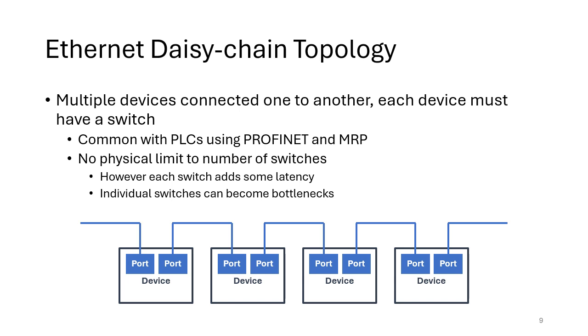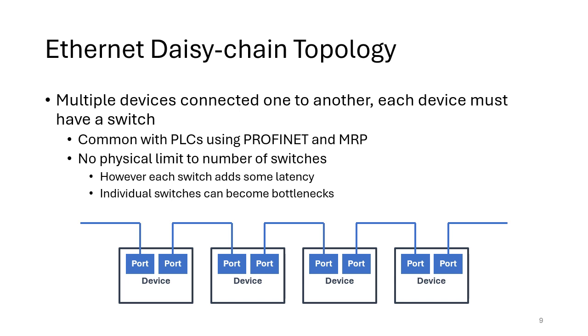Very common that there's no real physical limit to the number of switches. Although each switch does add some latency, it's not really enough to become an issue. But there is a problem here where an individual switch can become a bottleneck. If there is a lot of data going to the last device, all that data has got to be handled by the first device. So in very, very large networks, you wouldn't normally configure this, but this is normally intended